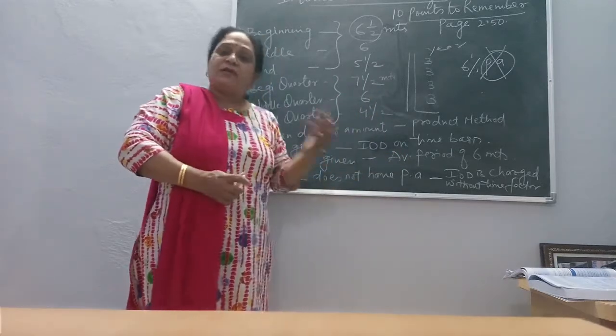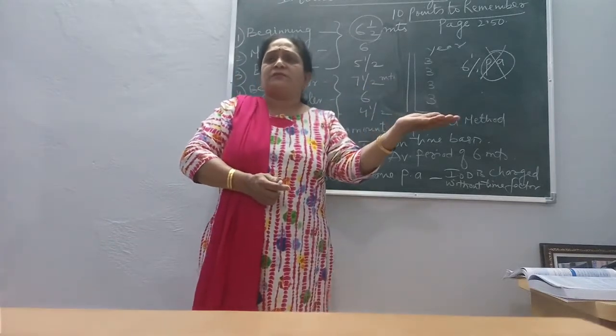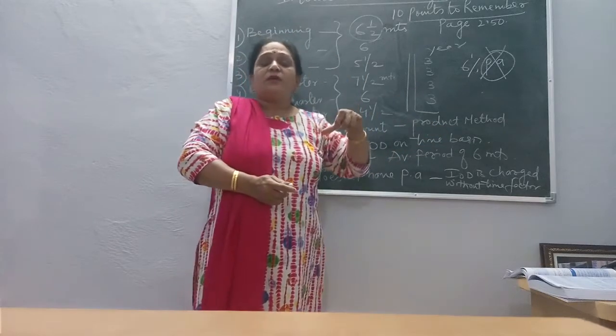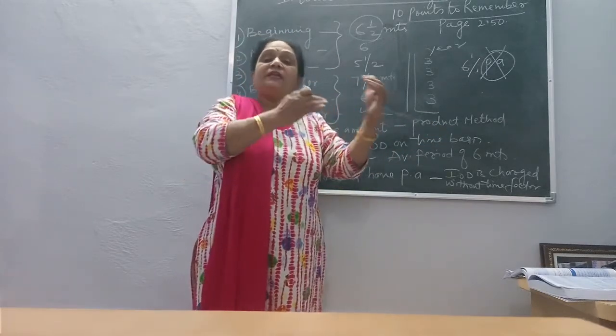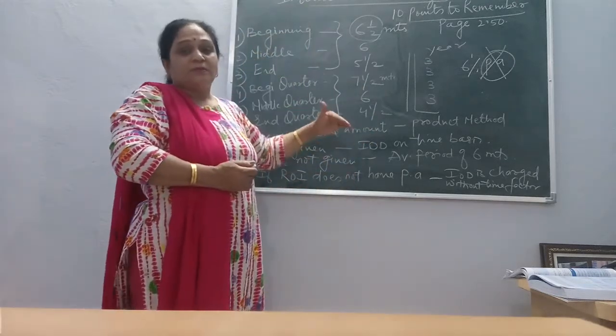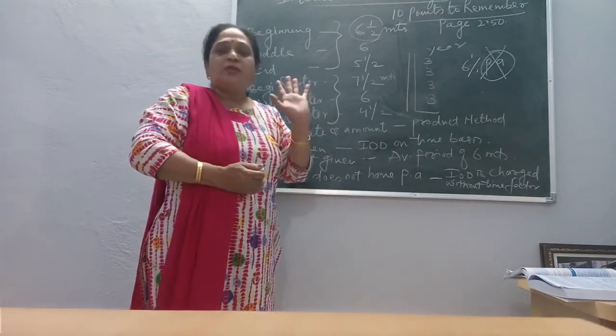Without considering the time factor means on total 10,000 you will be providing 6%, that is 600. So you will not take into account at what time, what date the amount was withdrawn by the partner. So these are the 10 concepts which you have to remember while charging interest on drawings on any partner's